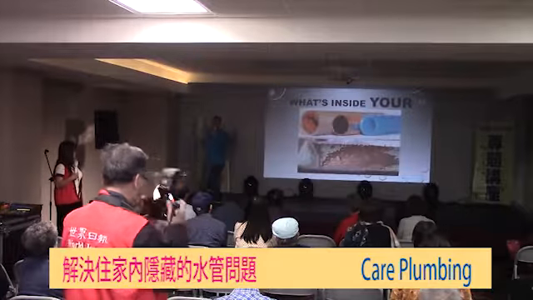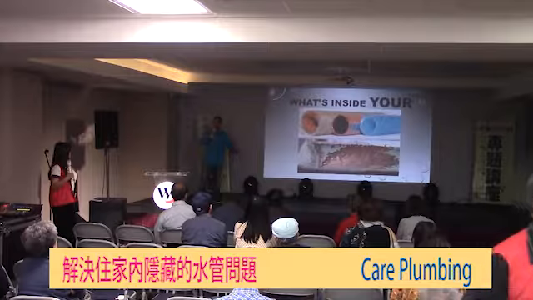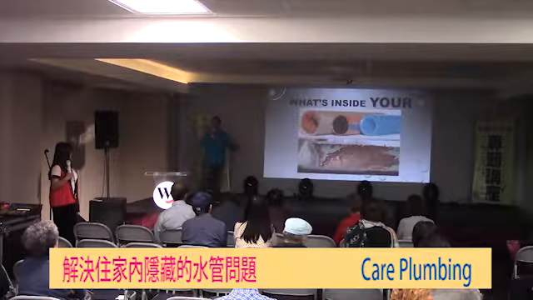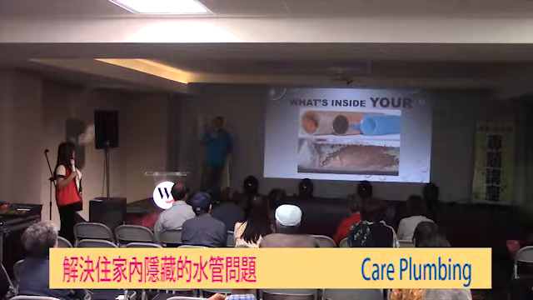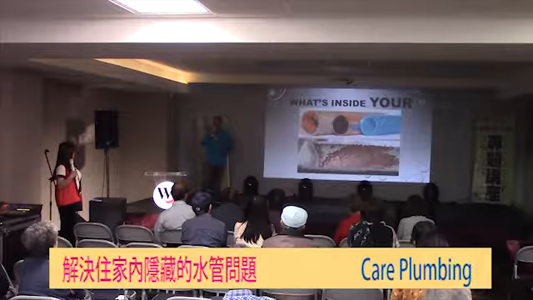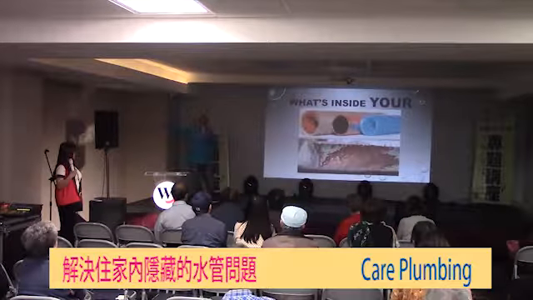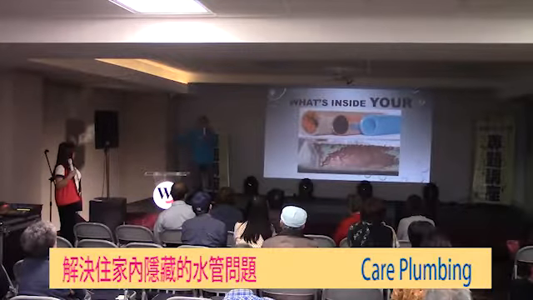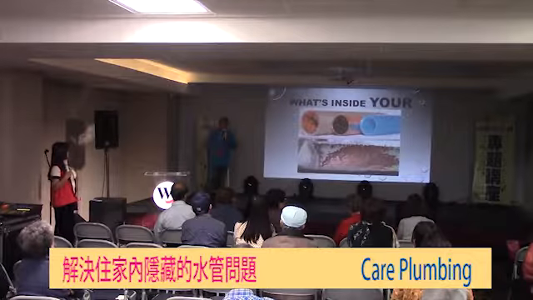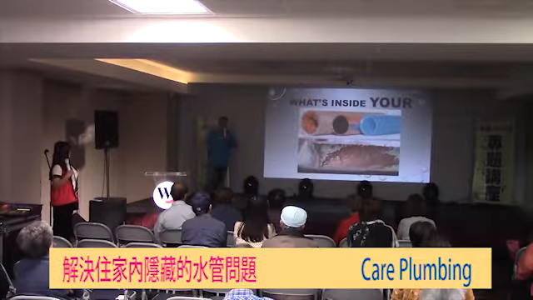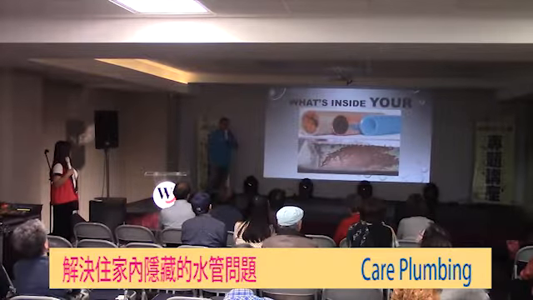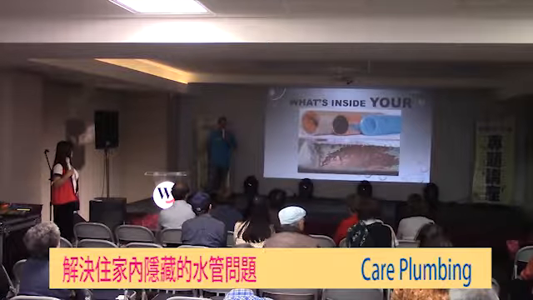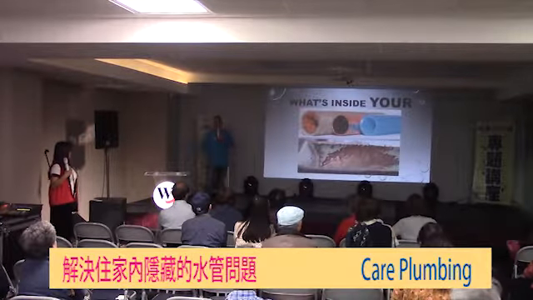So once it starts to leak from one spot, and if you fix that leak, sometimes it could be a few $100, or sometimes it could be over $1,000 or $2,000. By the time you break the wall, change a small section, fix the wall, paint it, or if it's underground, cut the ground, break the slab, fix the pipe, close it, put a tile over it, it could cost you thousands of dollars.